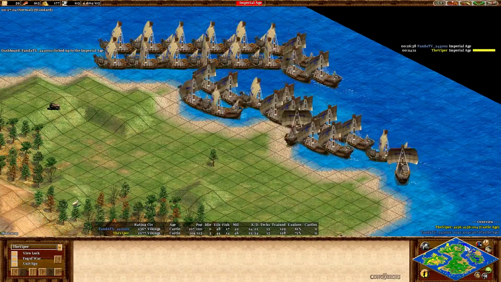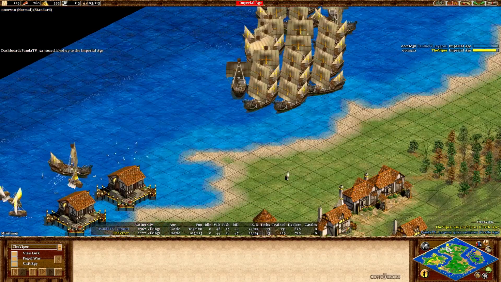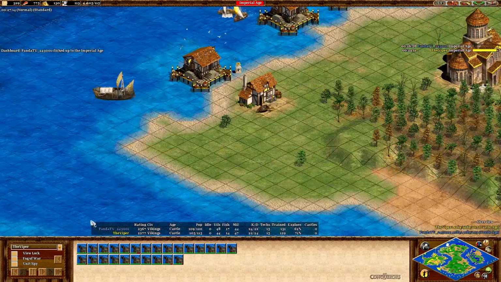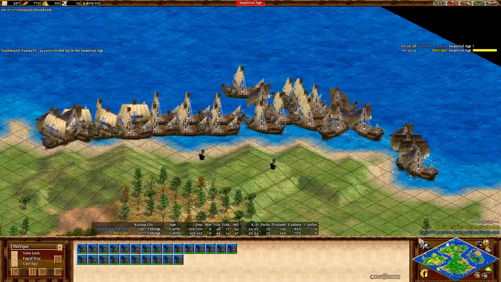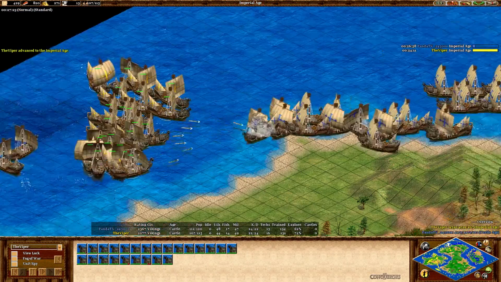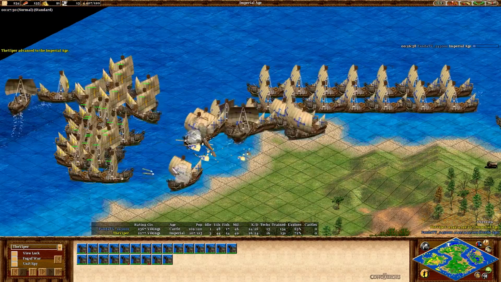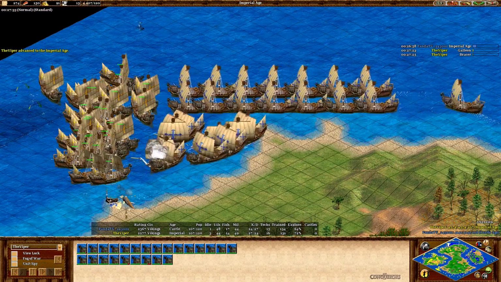They are pretty badly damaged, and now Tim is going for a big push at the top of the map. He has all of his boats there, but Viper has a lot of war galleys here. He has his docks right here, and we'll see, will Tim be able to do much damage? Right now, Viper's ships are in a much better formation. Tim's are all in a line formation, whereas Viper's ships are more stacked on top of each other,